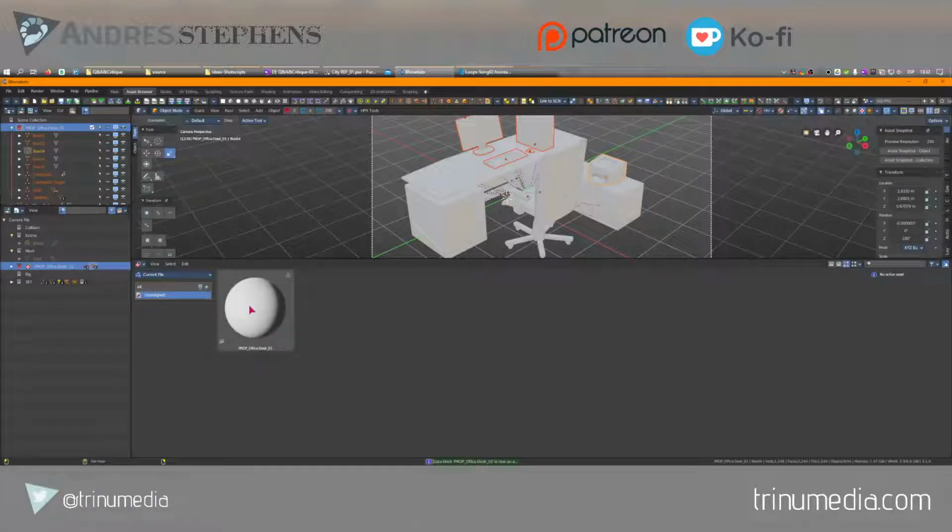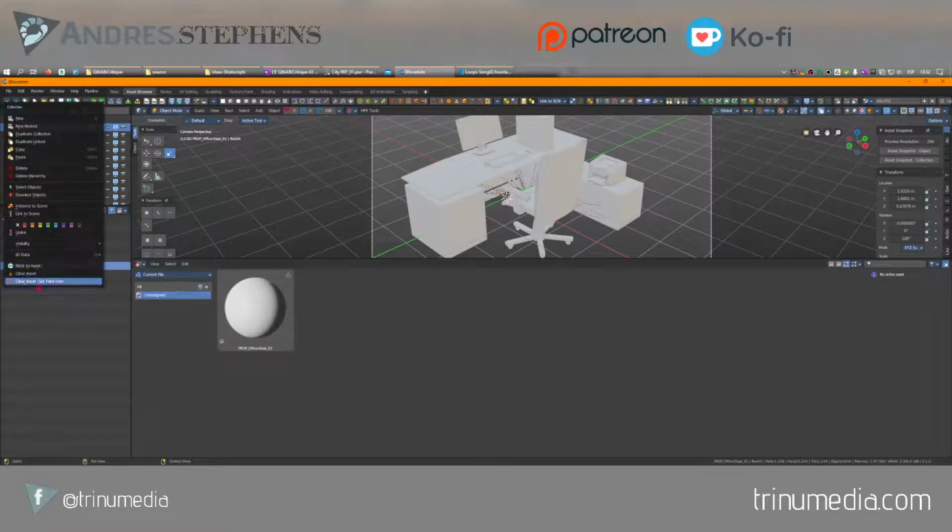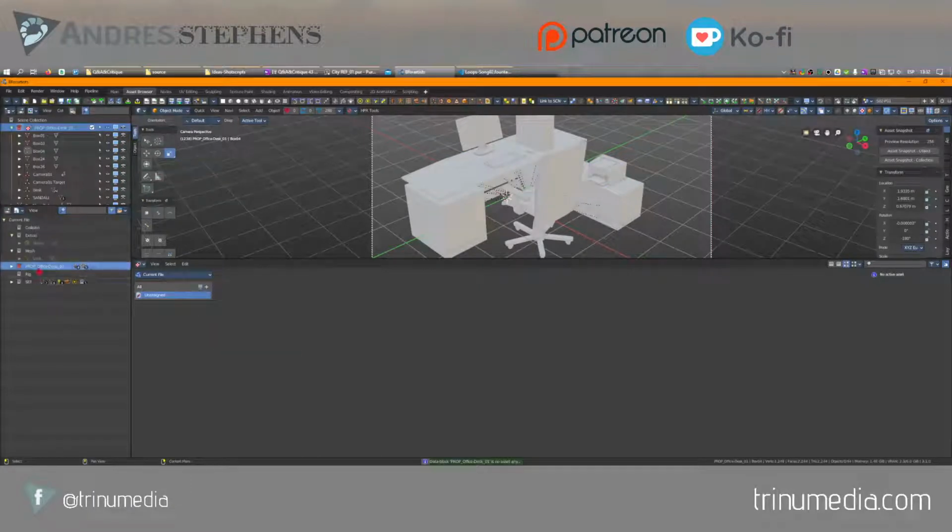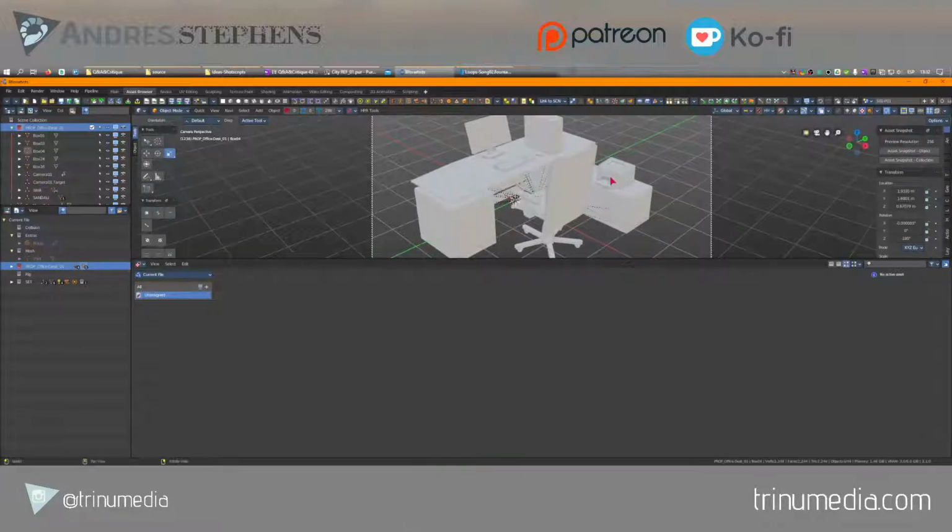This red collection, when I mark it in Blender, it is going to save it as a circle, for no apparent reason. They're working on this, so hopefully it will be better in the future. But we don't want this. What we want is to use the Asset Snapshot add-on, which gives us a preview resolution and takes the camera view. When I hit Asset Snapshot Collection with the collection selected, it will generate, okay, there's no